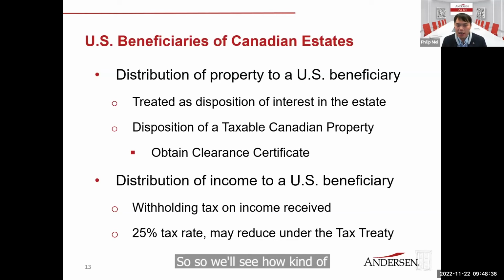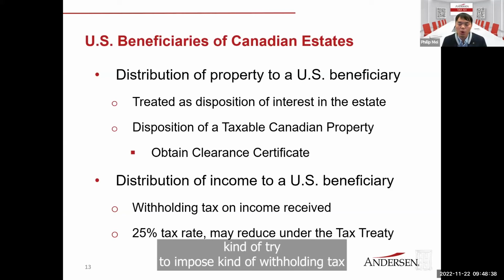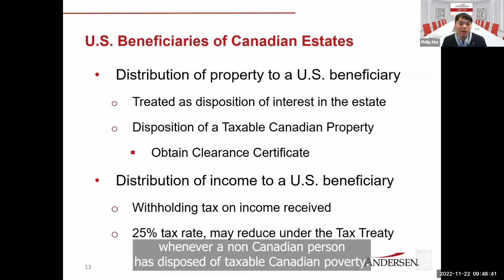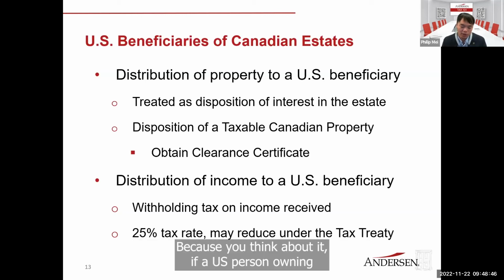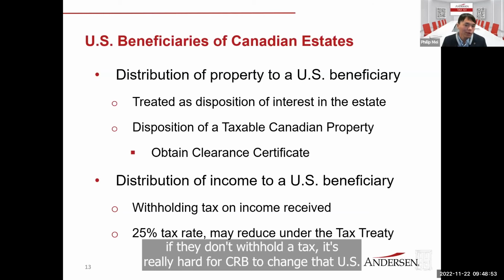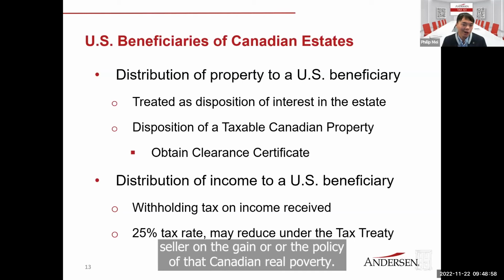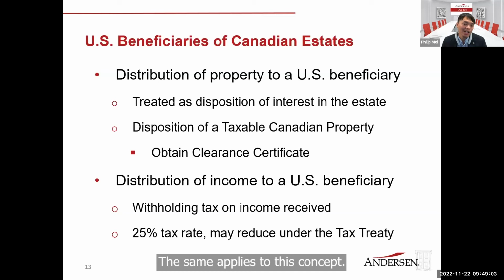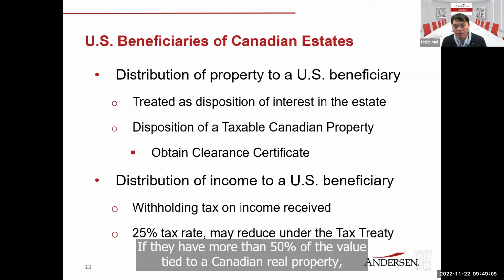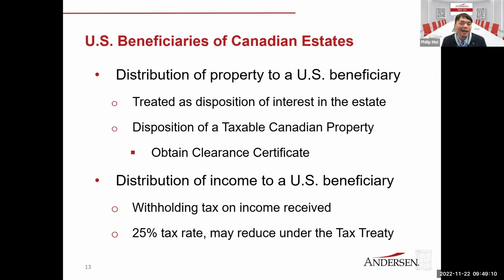So CRA tries to impose withholding tax whenever a non-Canadian person has disposed of taxable Canadian property. Because if a US person owns Canadian real property and wants to sell it, and they don't withhold tax, it's really hard for CRA to chase that US seller for the gain or the proceeds of that Canadian real property. The same applies to this concept. Essentially, if the estate has more than 50% of its value tied to Canadian real property,